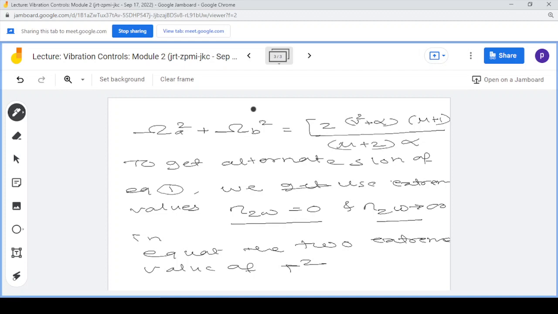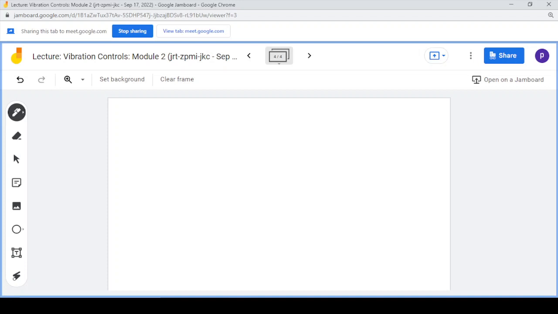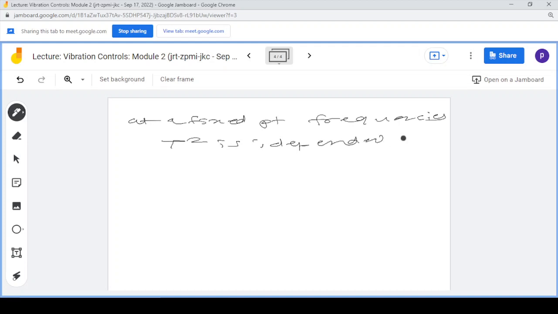Okay, so let us call these values t o square and t infinity square. So we get the two fixed point frequencies. So at the fixed point frequencies, we get t square independent of n2 omega,